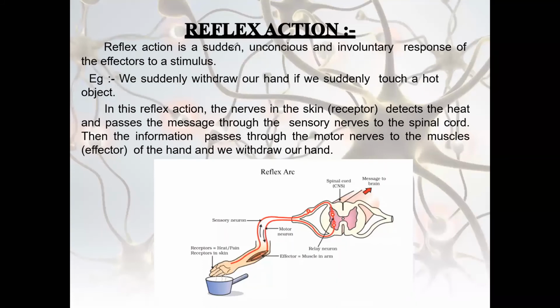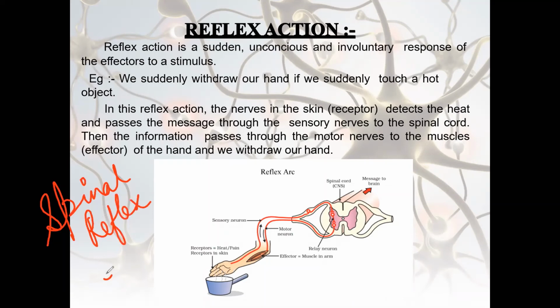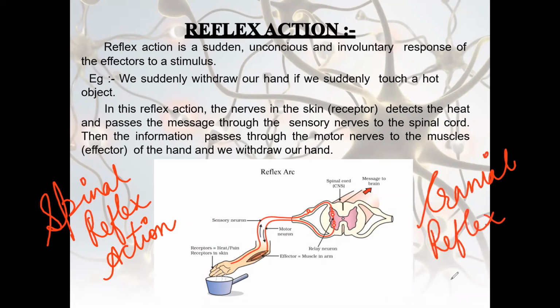Reflex actions are of two types. One is spinal reflex action, in which the spinal cord is taking part. Another one is cranial reflex action. Spinal example, here, and the example of cranial reflex action is blinking of the eye